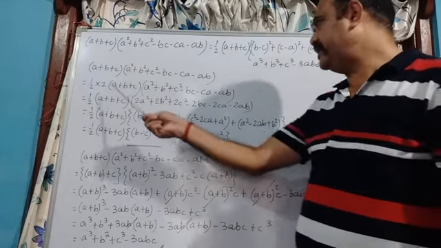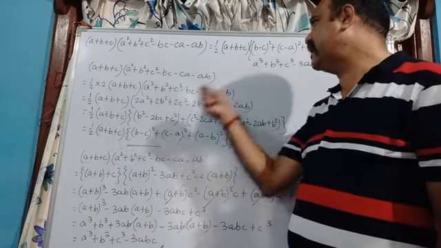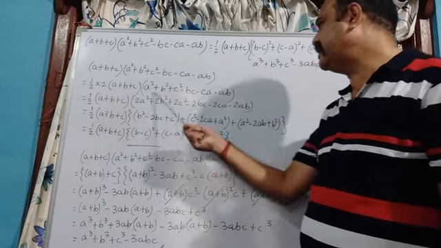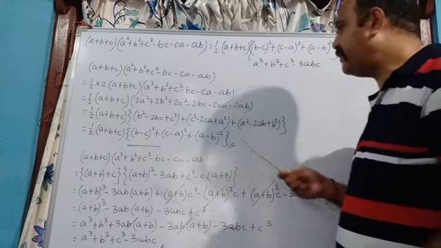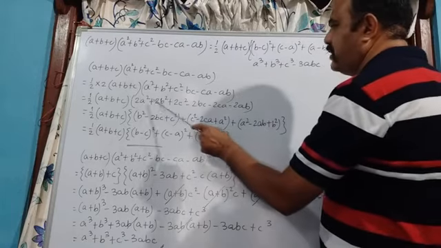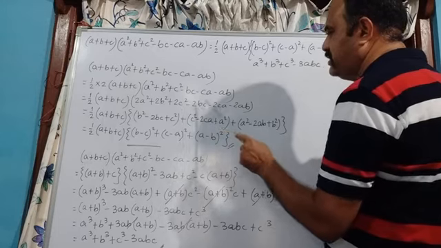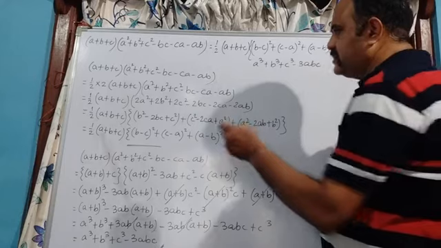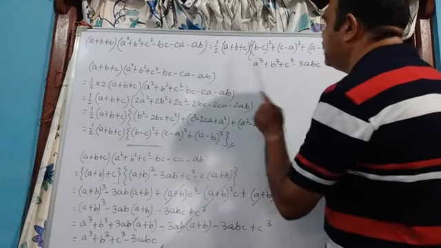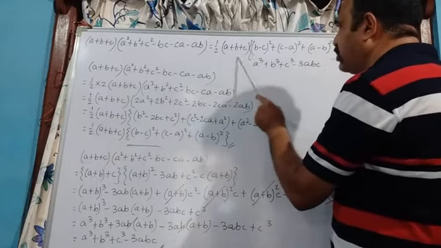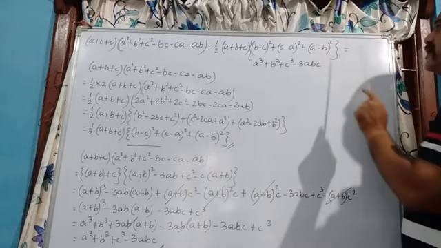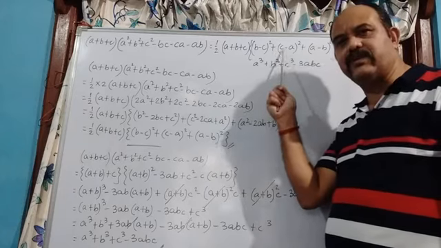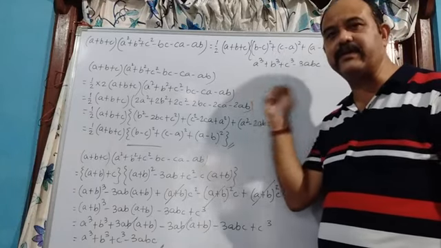Now with these two, see, a plus b plus c I don't need to multiply, but here I need. So with these two I multiply this part. When I multiply this part, it will become 2a square plus 2b square plus 2c square minus 2bc minus 2ca minus 2ab. That means you got half and a plus b plus c. Now these are perfect square trinomials. You look into it. One is b minus c whole square, one is c minus a whole square, and one is a minus b whole square. These are three perfect square trinomials.